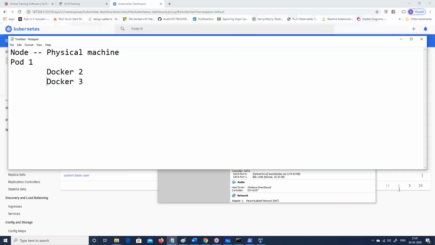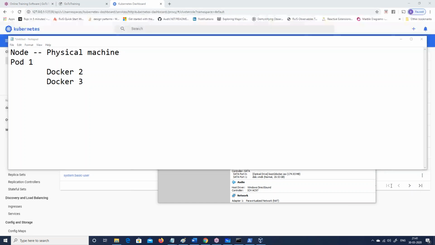So don't confuse too much. Don't try to do too much R&D and create a physical machine and then a VM inside a VM, and then you make some containers, and then containers again as something. Too difficult to handle. Keep it simple. You are doing container-based architecture because you are embracing microservices. You want to do parallel development. You want to do parallel deployment. You want to use your hardware in an efficient way, right? So just think logically about why you are doing microservices. Don't complicate it with VM inside VM and pod inside pod. You can do that, but that would be just R&D.